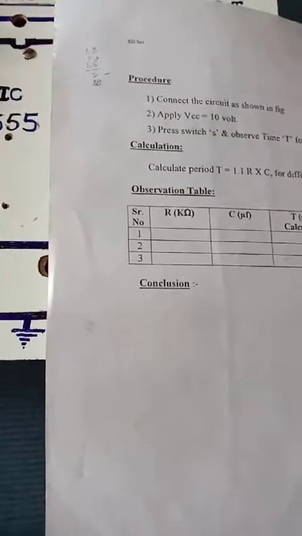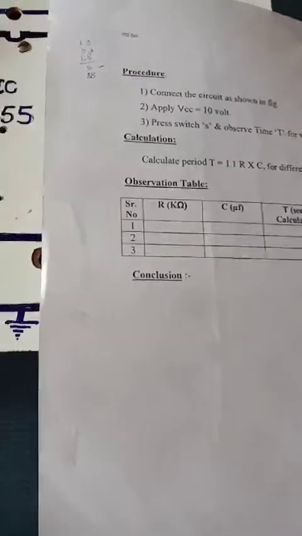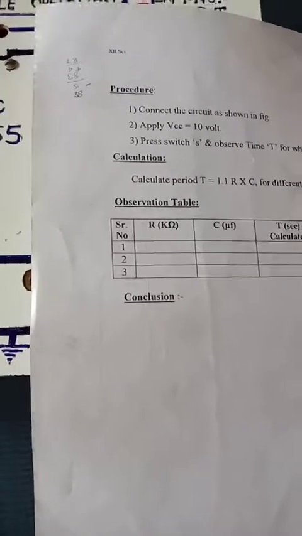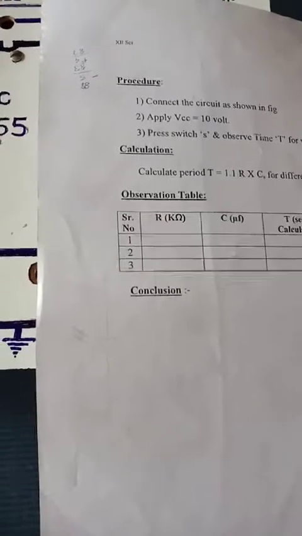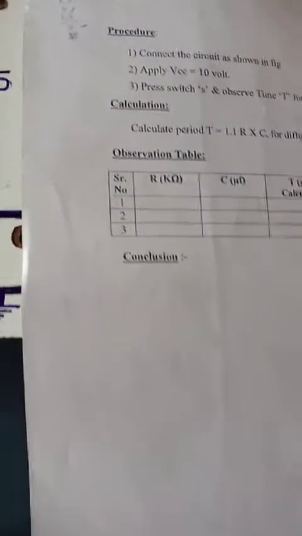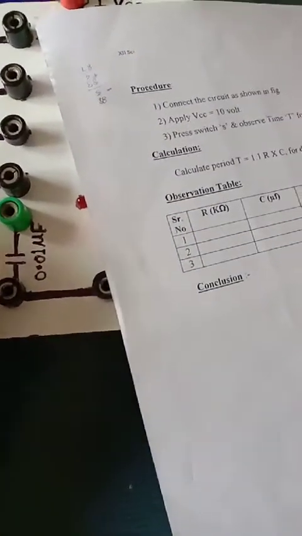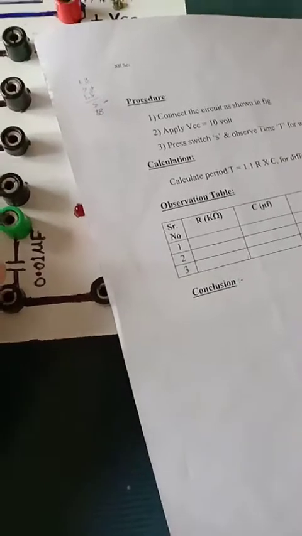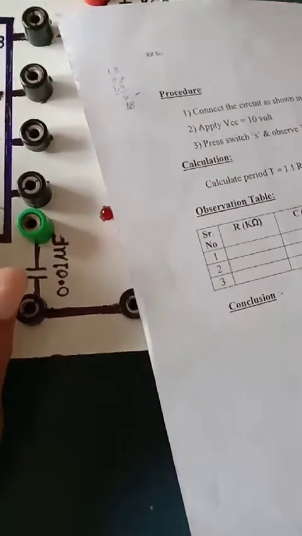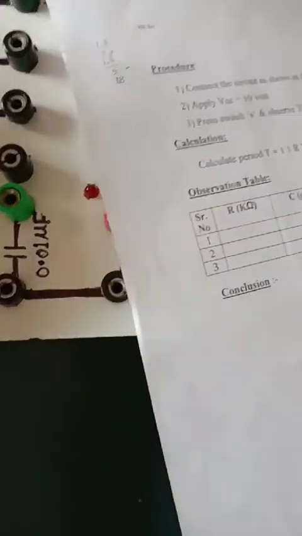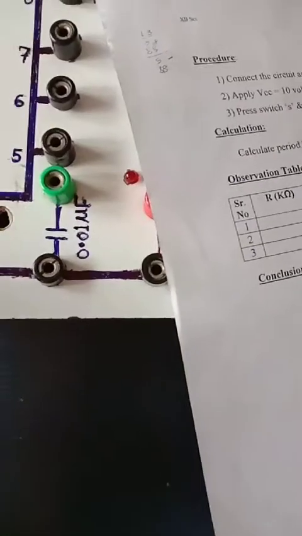The condition of the lower comparator is that when the trigger input voltage is less than 1/3 VCC, that is at 0 volt, the output of the lower comparator goes high, which resets the internal flip-flop. Therefore Q bar goes high. Q bar means pin number 3, it is high, and at the same time Q goes low. Since Q output goes low, the transistor is in cut off, and therefore the external capacitor C charges through resistance R.